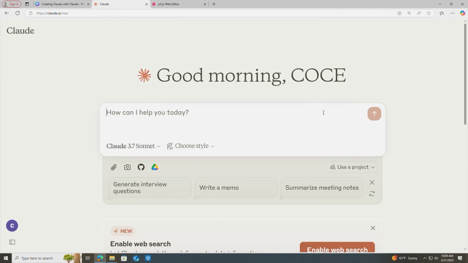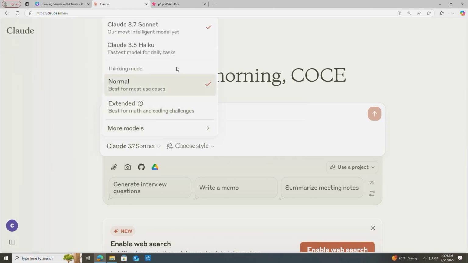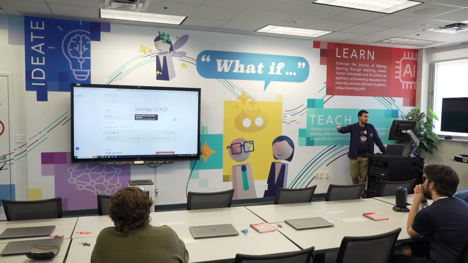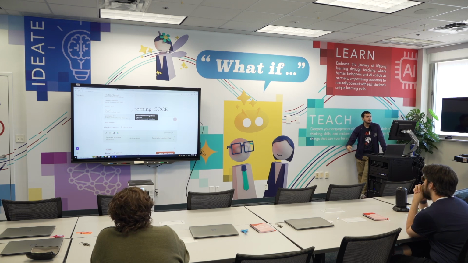We have our chat box. This is where you input all your prompts. On the bottom, we have the model. If we click on this dropdown, you'll see the different models that are available. And then there's also something called thinking mode. Claude has two different thinking modes. The default is normal, but we also have extended, which is from Claude's newest model, Claude 3.7 Sonnet, that allows you to input your prompt, and it generates a thinking mode that is best for math and coding challenges. So this is good for having Claude think before it outputs a response, particularly in math and